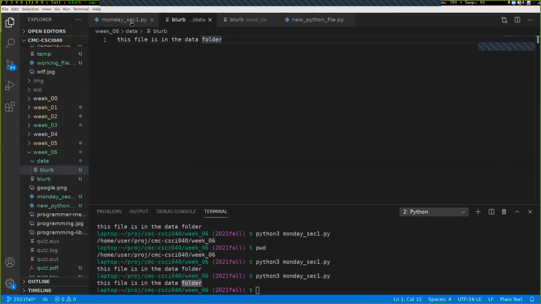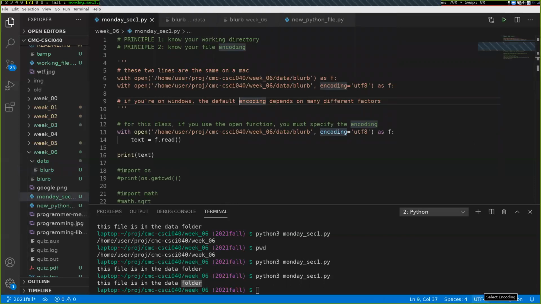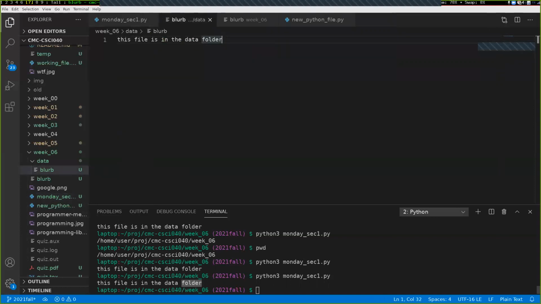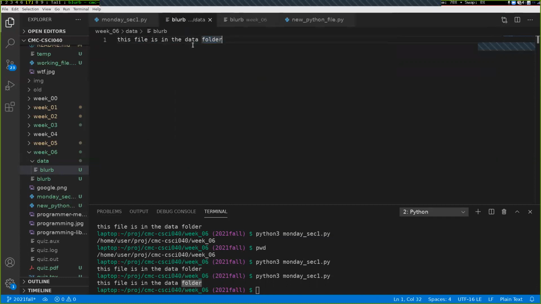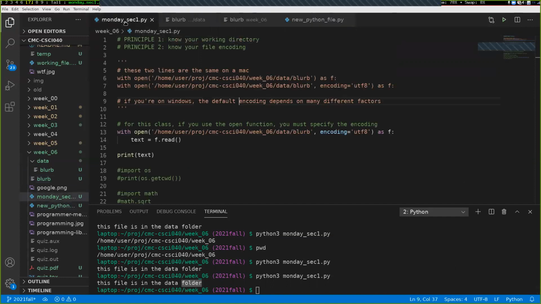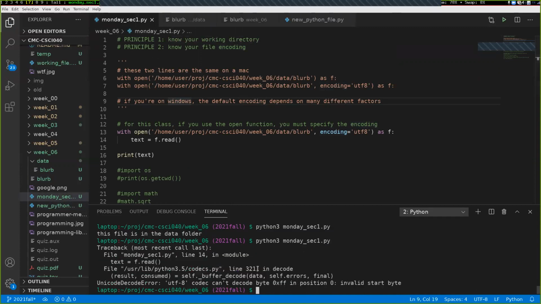If we switch over to any of my other files, you'll see that it says UTF-8 down here, because that's VS Code's default encoding. UTF-16, because I just went through the effort of clicking on this button, coming over here, save with encoding, clicking on the UTF-16. That's how you can change it. Everything else is UTF-8 because I haven't gone through that process. So come over here, I'll save this file now, come down here, rerun this, and you'll see